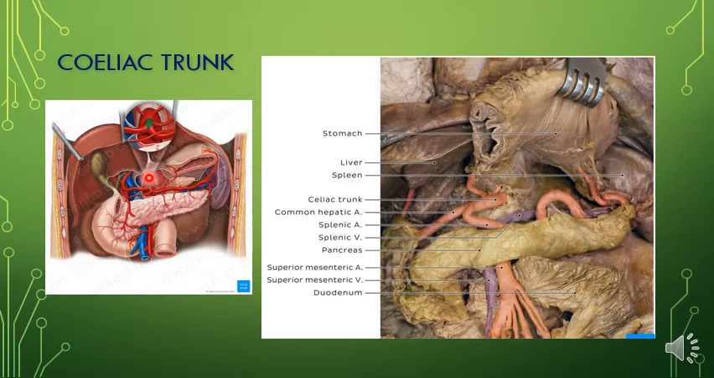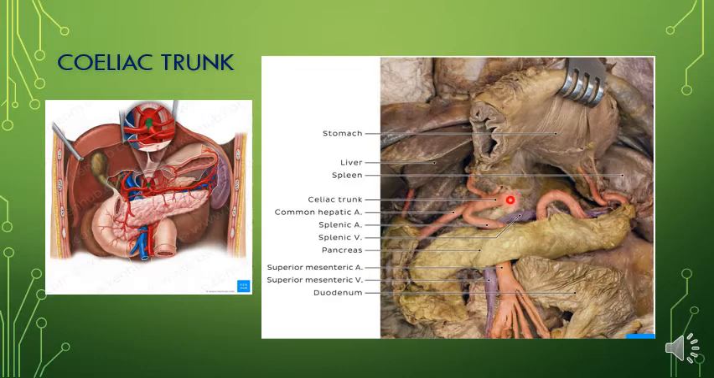So the origin of the celiac trunk lies behind the omental bursa. This is called the lesser sac or omental bursa. This is the origin of the celiac trunk here. In this image you can see this is the stomach, which is lifted up to visualize the vessels clearly. So the origin of the celiac trunk lies behind the omental bursa, and it is surrounded by the celiac plexus of nerves, and as we have seen in the